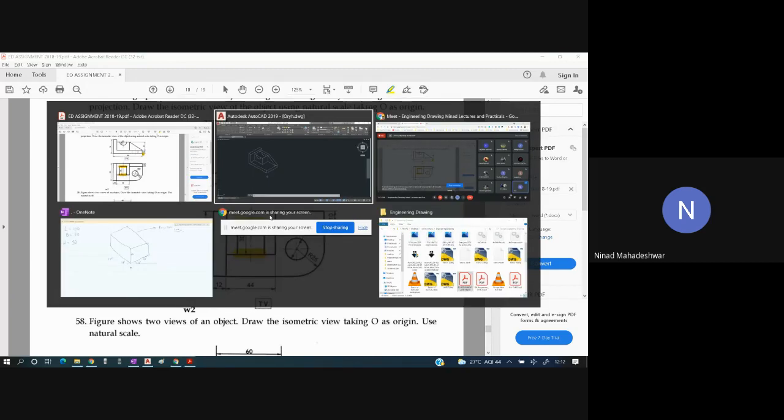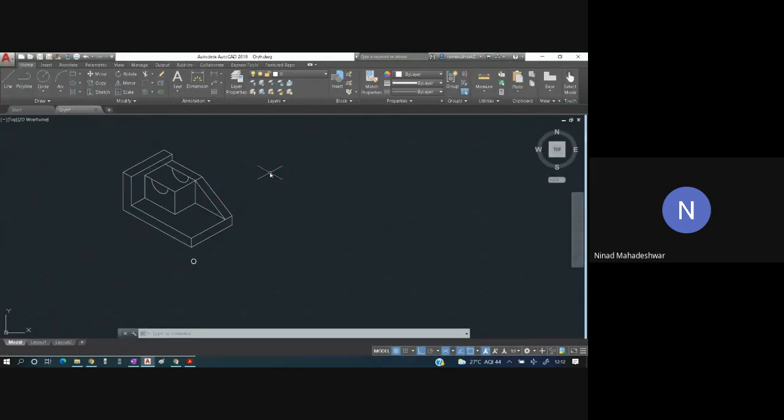So that means you have to do Control A, and we have to trim this part. This is how it will look. Trim this part also, and this part also. Now understand this part carefully.